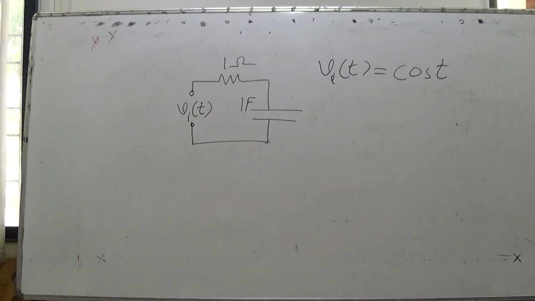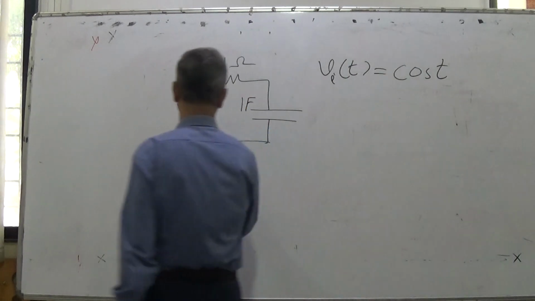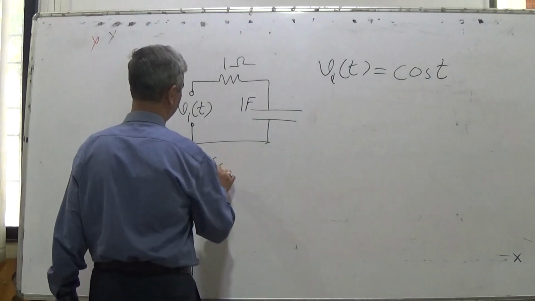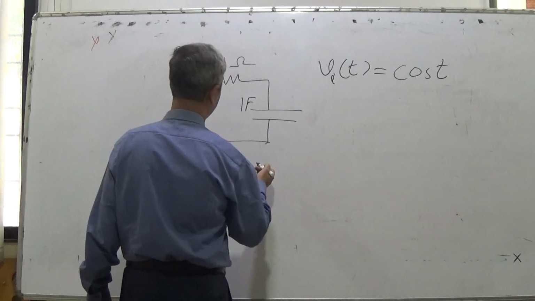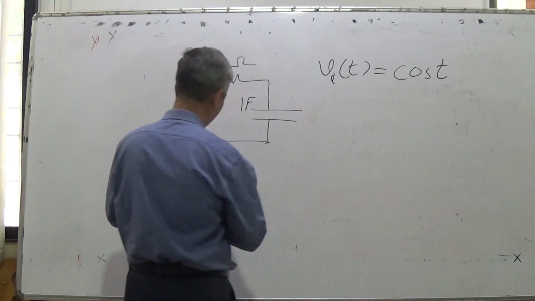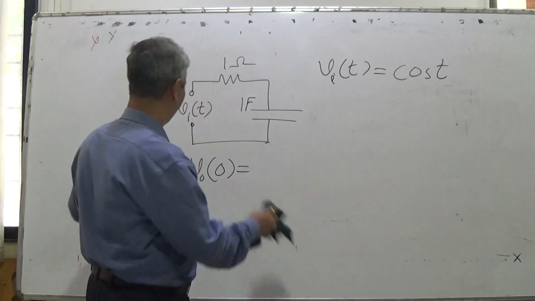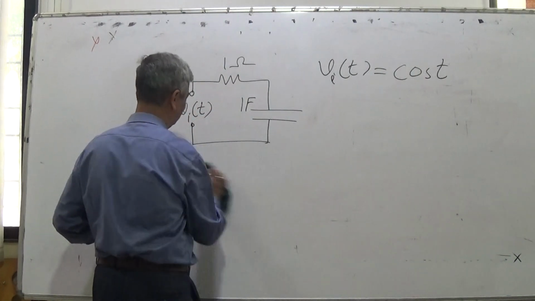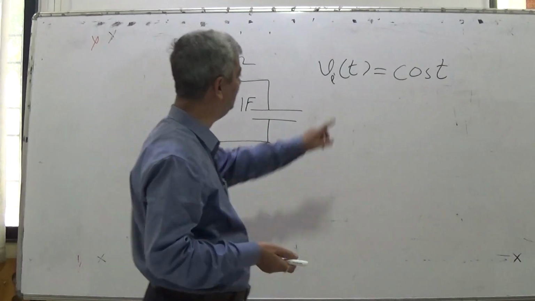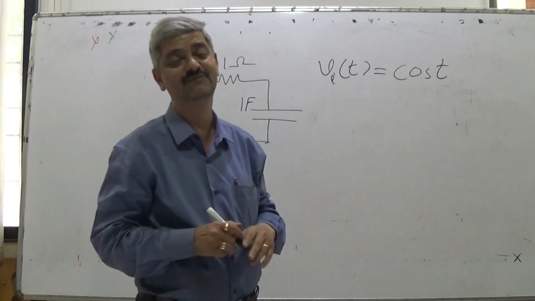What is this answer? Vin(t) is cos t. And again you can have VO(0), right now I don't tell, if Vin(t) is cos t. If input